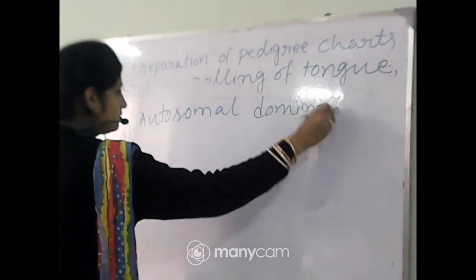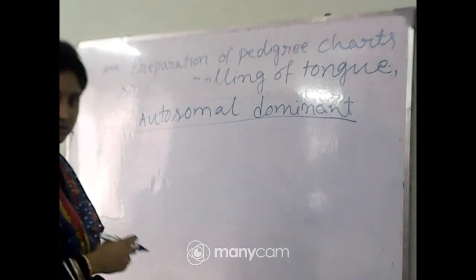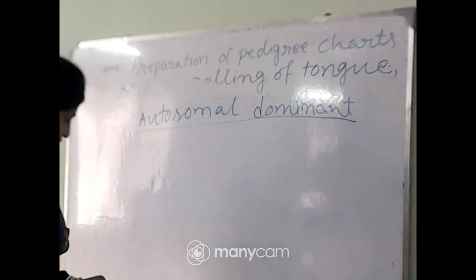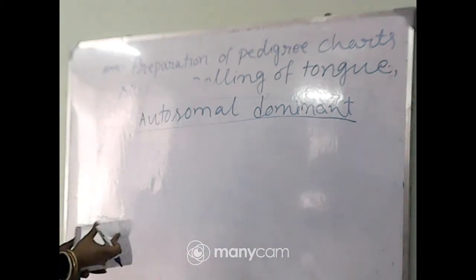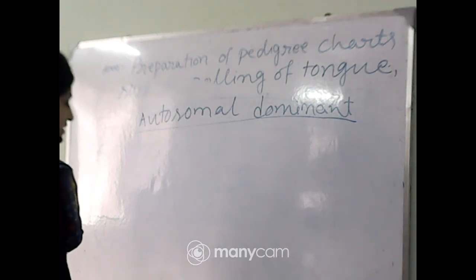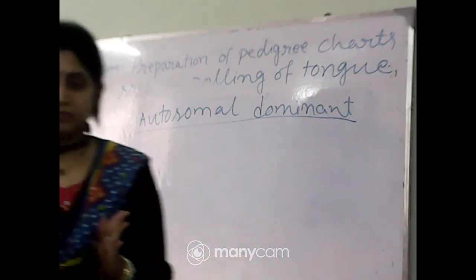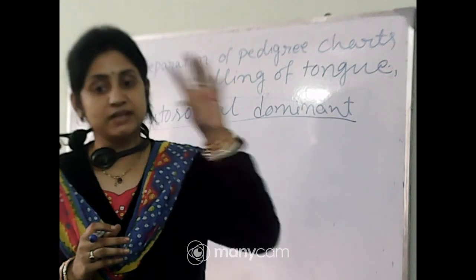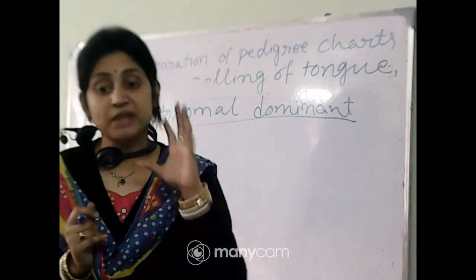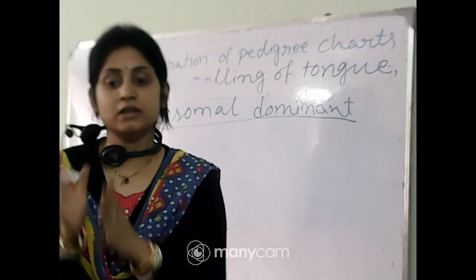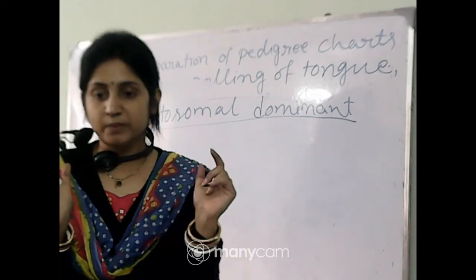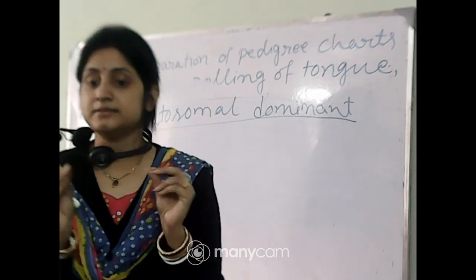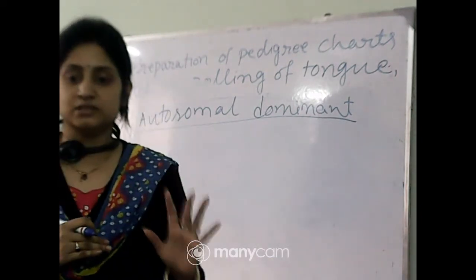Autosomal dominant, the rolling of tongue, comes under autosomal dominant. Autosomal dominant has this type of characteristics. It appears in both sexes when it is autosomal, that is males and females both are similarly affected. If two affected males are present, there must be two affected females present. If it is sex-linked, either males are more affected or females are more affected. When you see a pedigree chart with males and females similar, you can blindly say that it is autosomal. You don't know whether it is dominant or recessive, but you can say that this is autosomal.